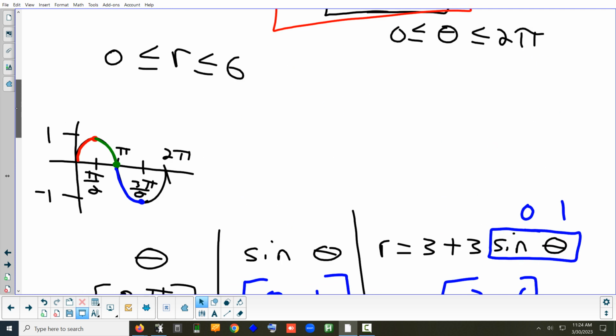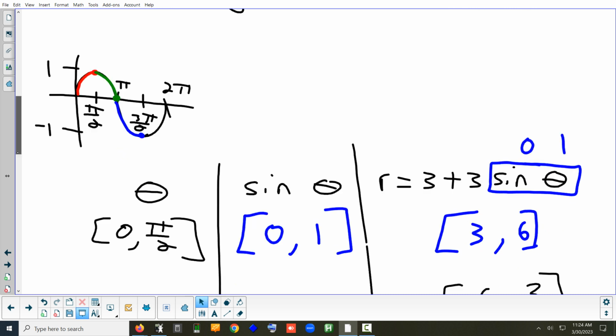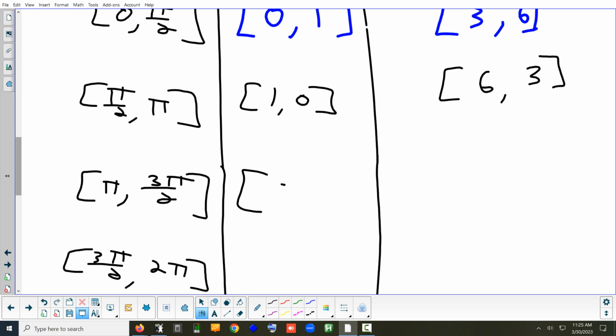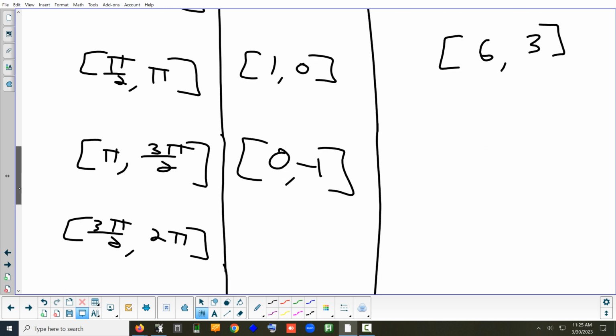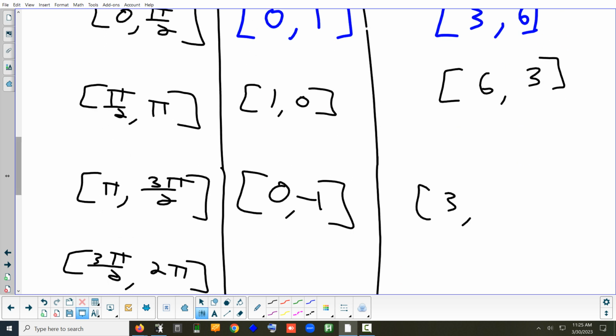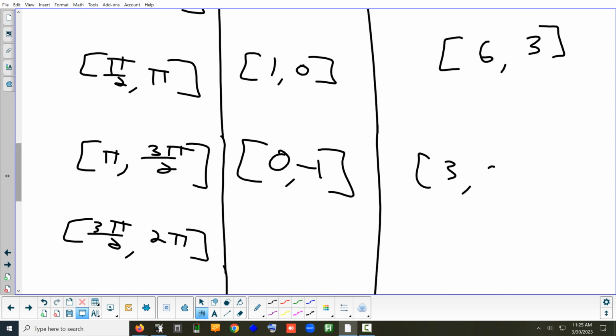What's happening to the sine function on the blue part? The values of sine are going from what to what? 0 to negative 1. So we know this part is going from 0 to negative 1. If you let sine be 0, what would you get for a radius? 3. What if you let sine be negative 1? 0. So what's happening in this part is it's shrinking. The radius is going from 3 all the way to 0